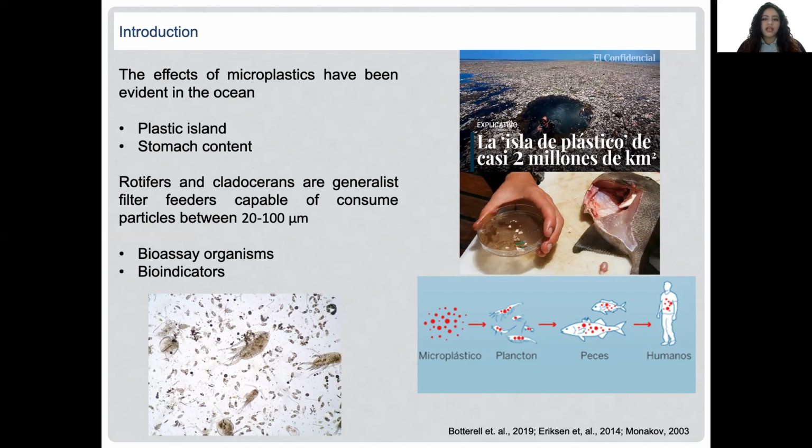In addition to their importance in the food web, it has been documented that many species of zooplankton have been used as bioassay organisms in acute or chronic toxicology, or as bioindicators of contamination, because they have special characteristics such as sensitivity, high rate of population growth, and many are cosmopolitan. Also, some works have shown bioaccumulation, and therefore could transfer products in tissues of top predators such as fish.